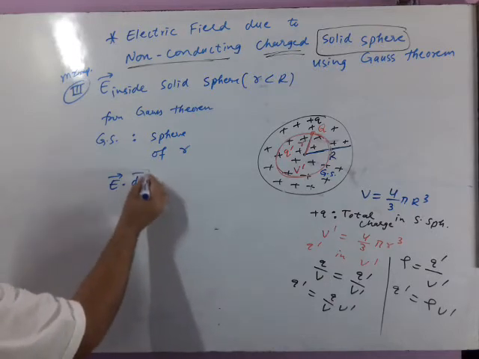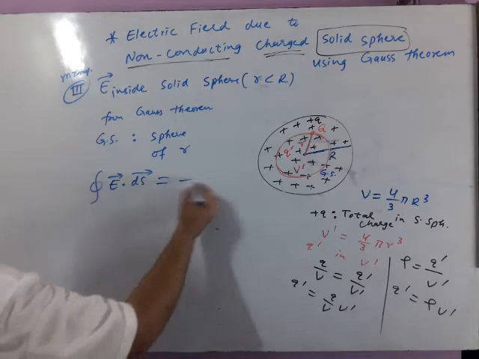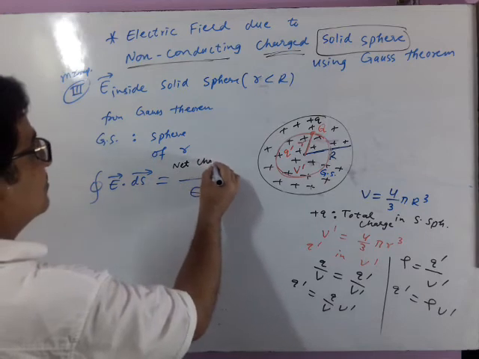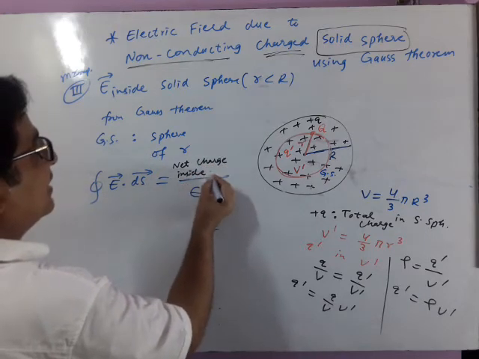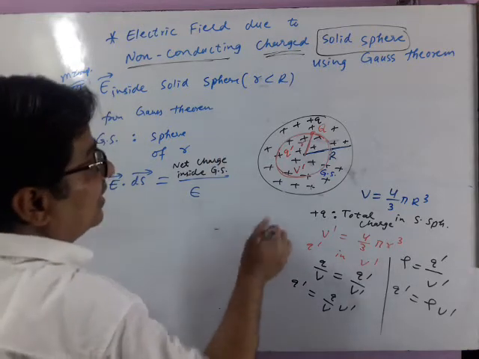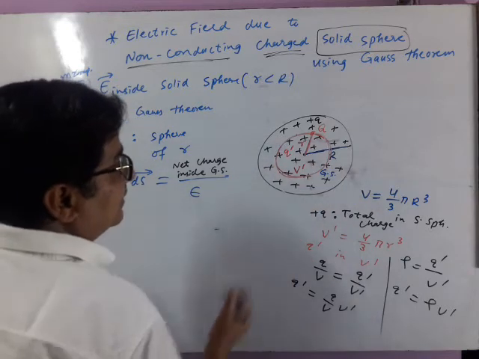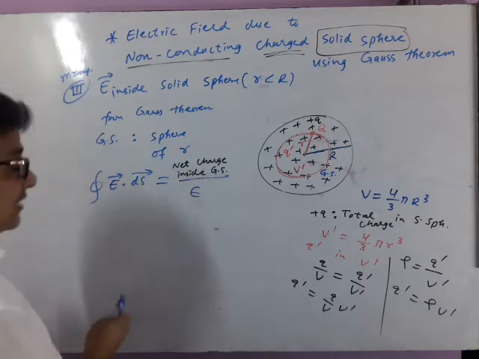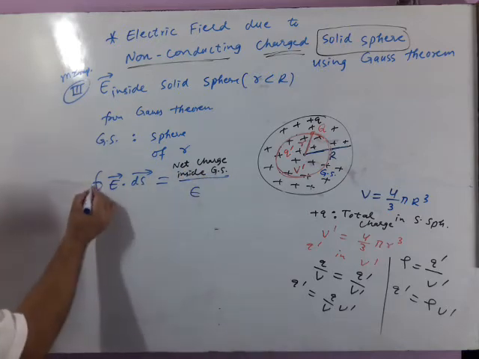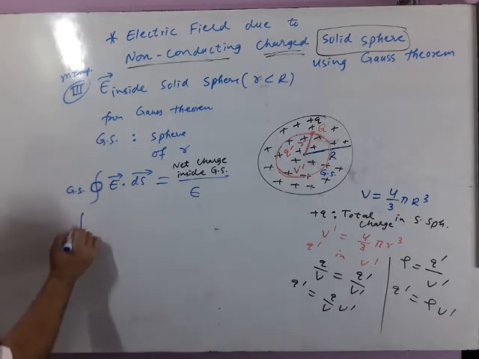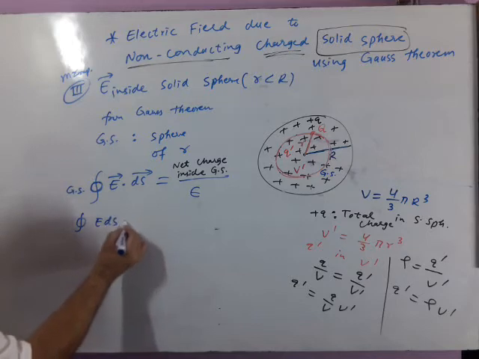As per Gauss theorem, the closed-area integral of E vector dot dS vector is equal to the net charge inside the Gaussian surface. The Gaussian surface is the imaginary closed area on which the electric field will remain constant, and we are going to input the net charge inside it. Also, this is the integration over the Gaussian surface and the small area taken on it. See the next point.